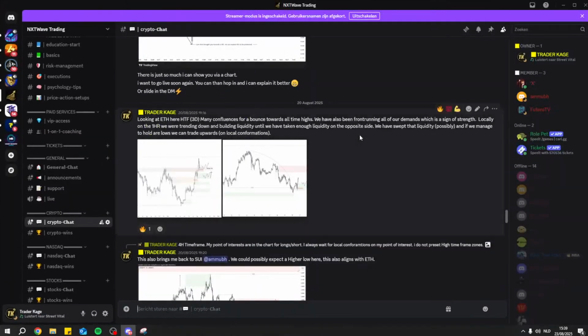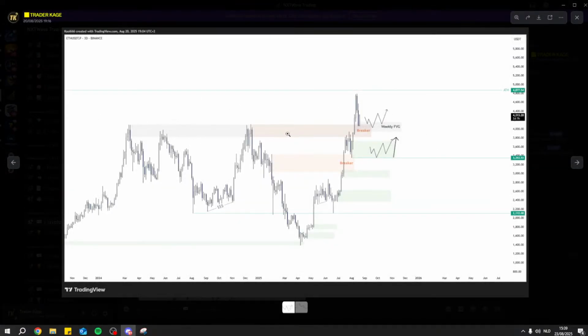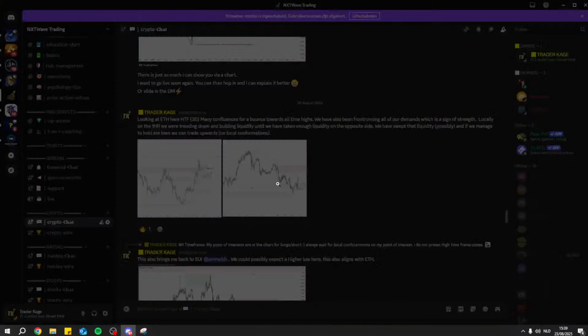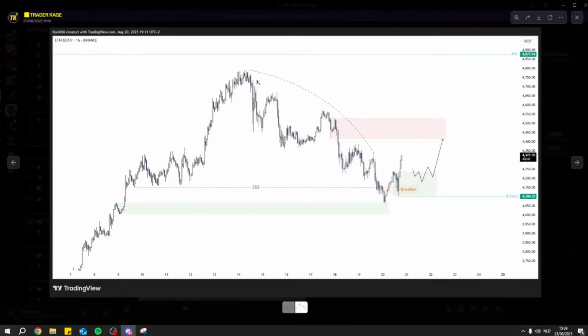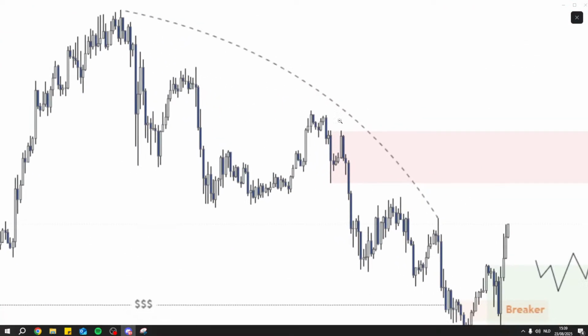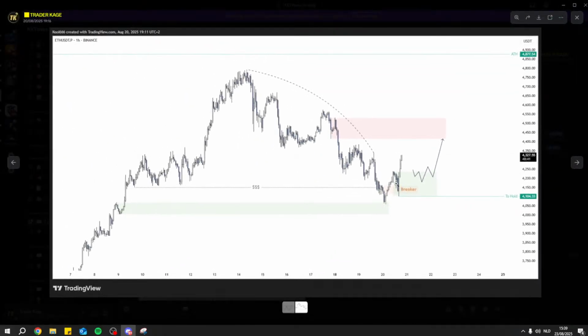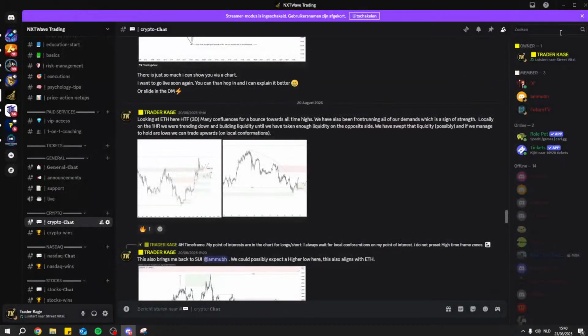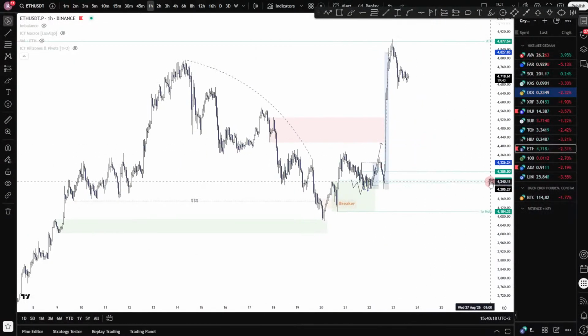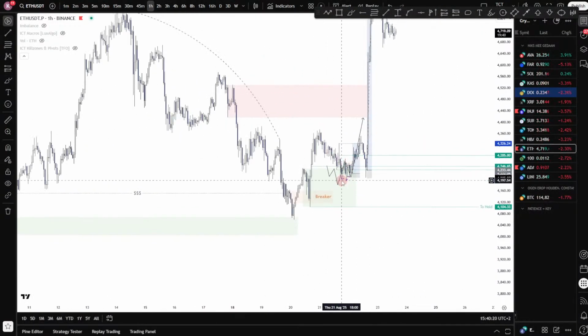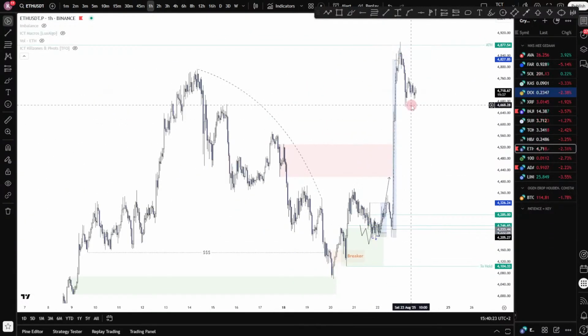When we look at what I posted in the Discord, this was 3 days ago, and this is where the price was at then. You had a great support resistance here, also your breaker, and I said, look at the way we are coming down locally. We're just leaving open all that trend liquidity, and I've said we've now made a low and a new higher high. You have this whole zone to expect that higher low from, to wait for that structure change and then move upwards. Okay, keeping that in mind, this is how it looks now. It's absolutely amazing, towards a new all-time high as well.